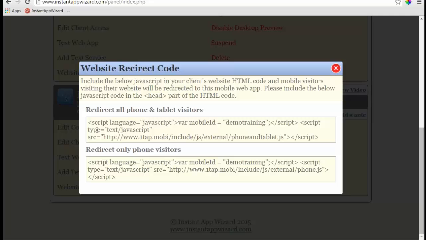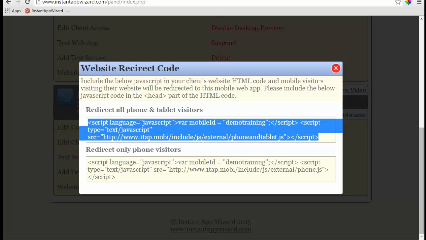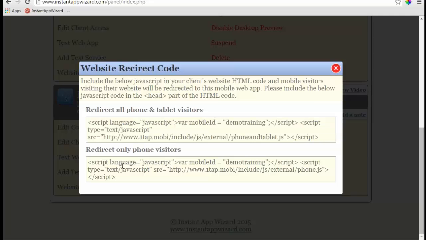If you do not have access to their website, this can't be done. It's a great opportunity if you build websites or you know someone that builds websites to sell them a website, an updated website, a responsive website, and then this code can be put in there. And you can use this tool to upsell them their website. It's a great way because we already know that Google says everybody has to be mobile ready. With this right here,